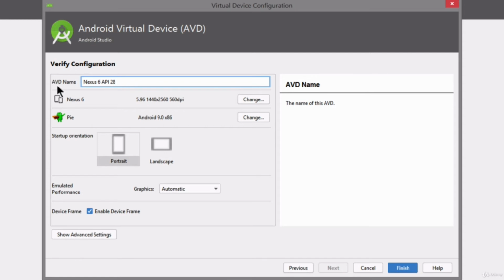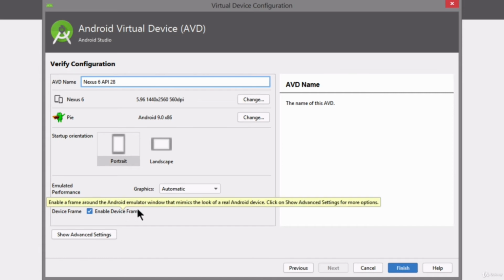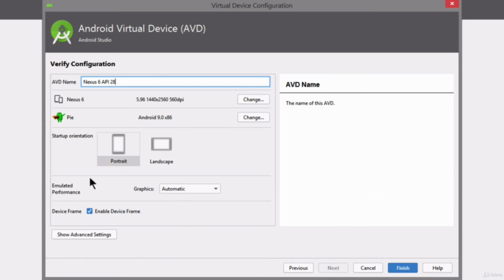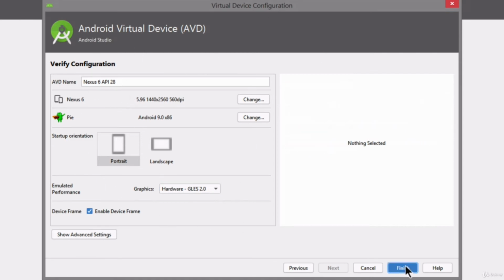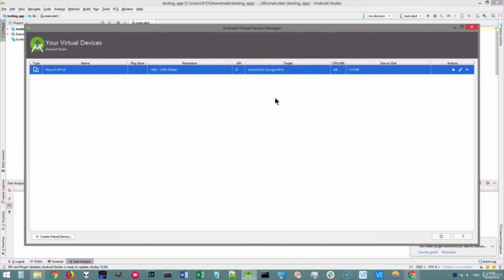And here you can give your AVD a name or choose whether you want to have the device frame. But most importantly, you're going to enable hardware acceleration by going under the emulated performance drop-down list and switching your graphics from automatic to hardware accelerated. And this is going to make your emulator run so much faster. So this is why we chose a Nexus device rather than a Pixel device. So once you're done over here, go ahead and click Finish,